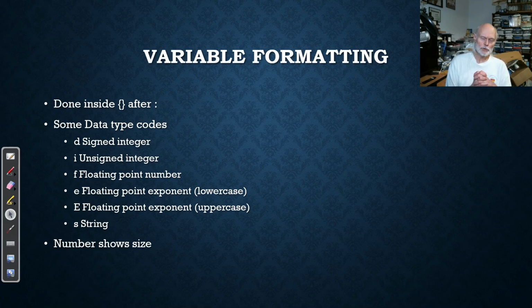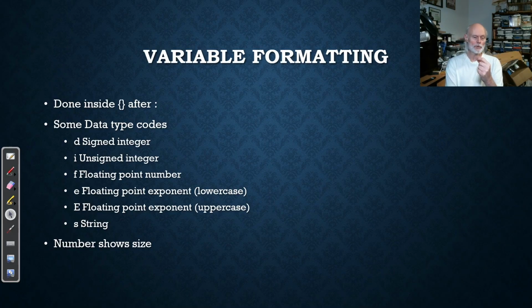In this video, we're going to continue looking at the dot format and f-strings, and we can format those variables that are in the curly brackets. We do it inside the curly brackets by placing a colon followed by things like data types. Some of the data types are a D for an integer, a signed integer, which would mean positive and negative, an I for an unsigned integer, only positive numbers, F for float, E for a floating